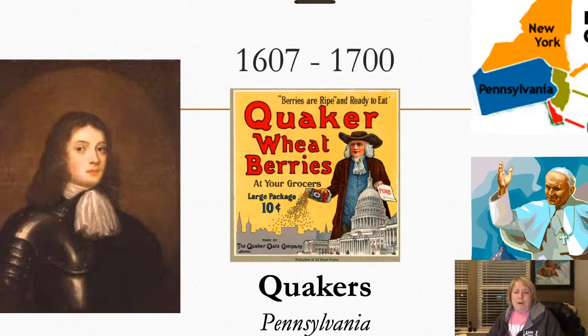I did say I put the Catholics in Maryland here. I'm not sure why. That's just kind of a brain fart on my part. Maryland was part of the Chesapeake colonies, but it was actually started as a religious haven for the English Catholics. They were being persecuted over in England, so Lord Baltimore, Cecil Calvert, is going to get